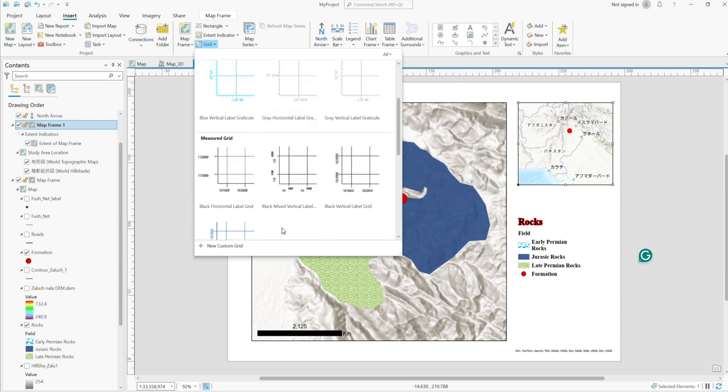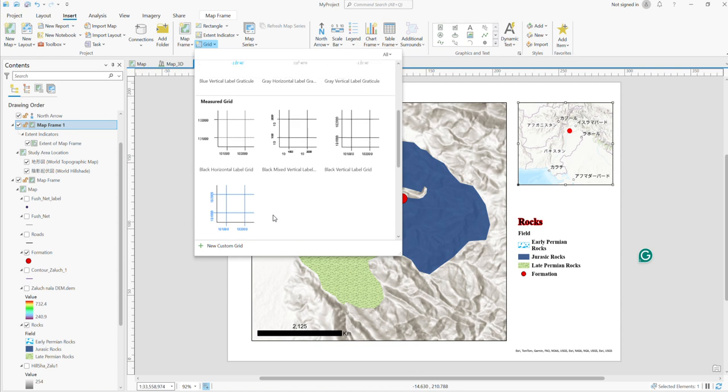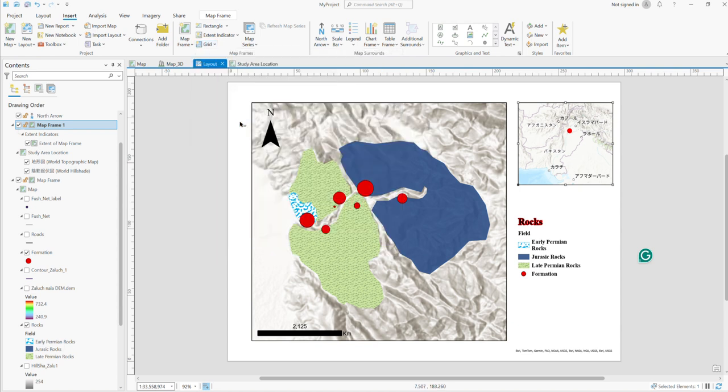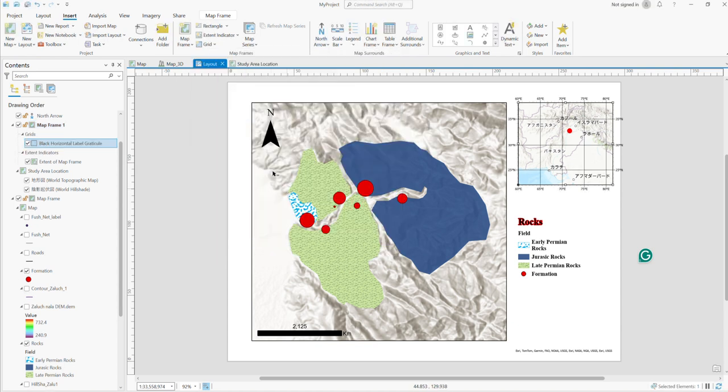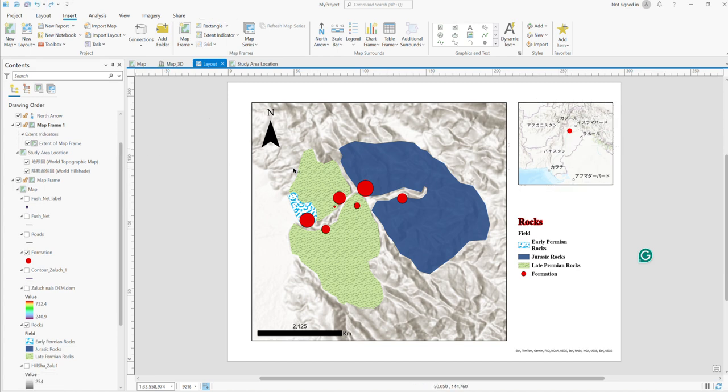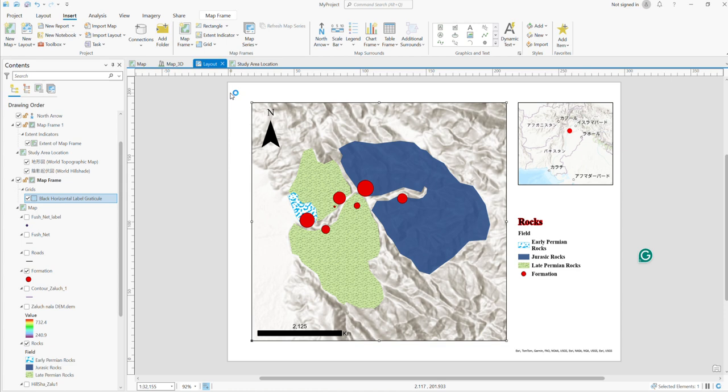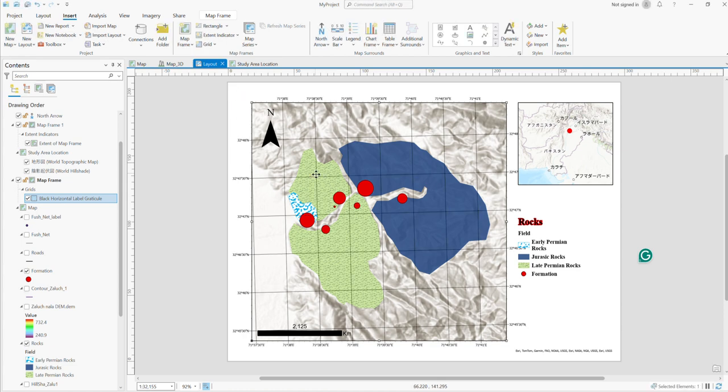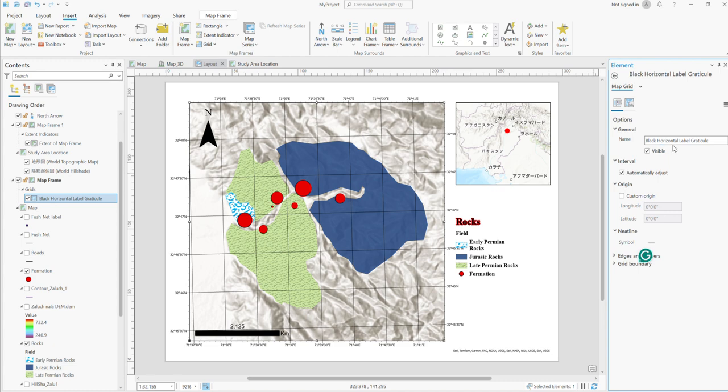I do not need it for this area, I need it for this area. So you want to click this one and create a grid. So it will create a grid on your map. If I go to this, and go to the grid boundary edges,